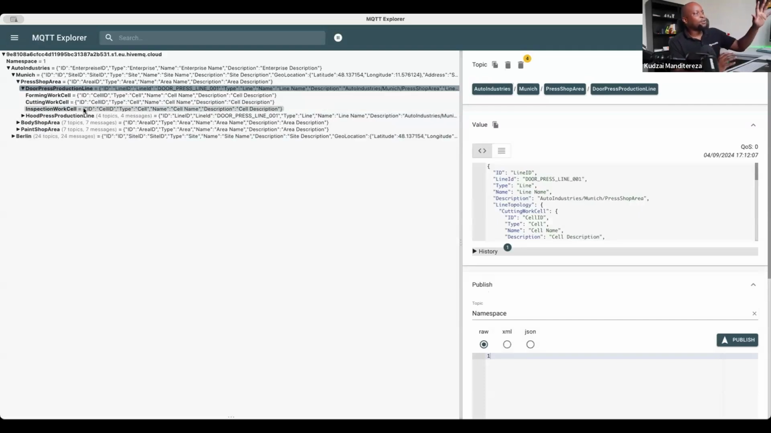So here I've got a forming work cell, and then I've got a cutting work cell, and then I've also got an inspection work cell, right? So here we're in the door press production line. For now, we're going to focus on that end, because the concept that we're going to talk about from here going forward can be replicated on the different production lines at whatever site you are building